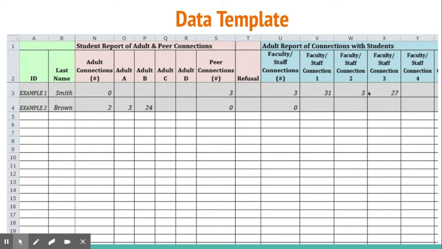You could also use this screening, the reverse screening, at, say, an elementary school, where you are asking the adults in the building to look at the school roster and put their name next to any students or families that they feel connected to. The way we would use this data is we would look at a student. So say this student was struggling and we wanted to have an adult reach out to them that had a more meaningful or personal connection.